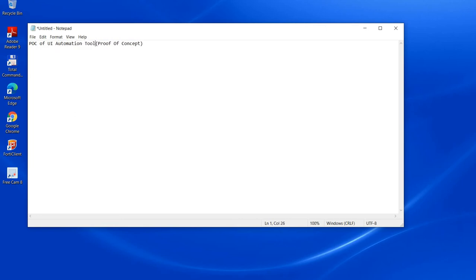POC stands for proof of concept. So here we are going to discuss what points to be considered while doing the POC of a tool. POC is the first phase in the automation project life cycle.